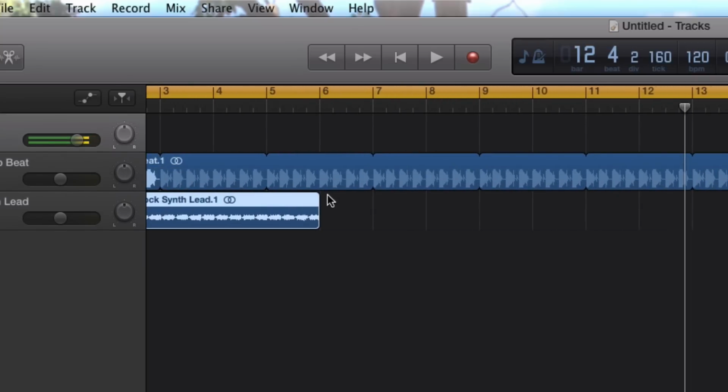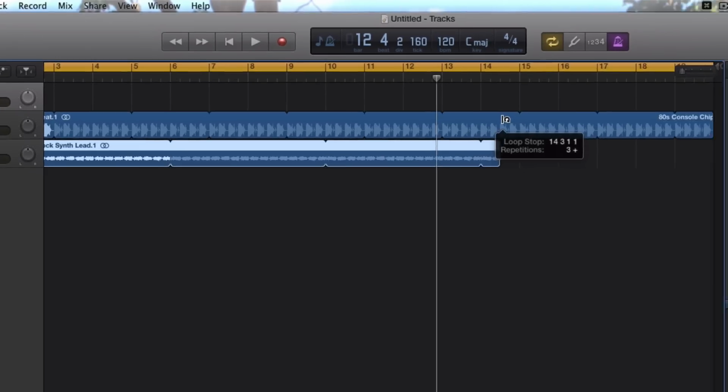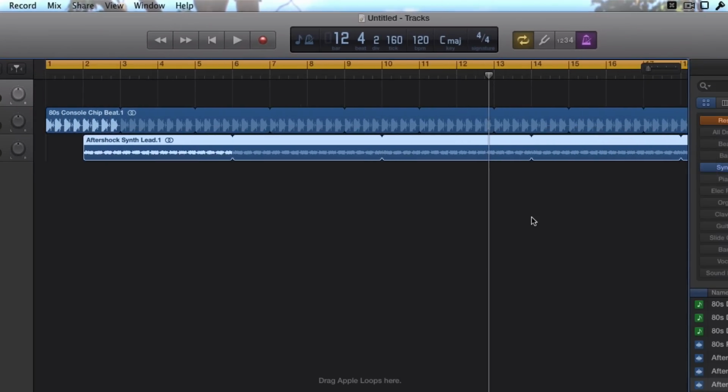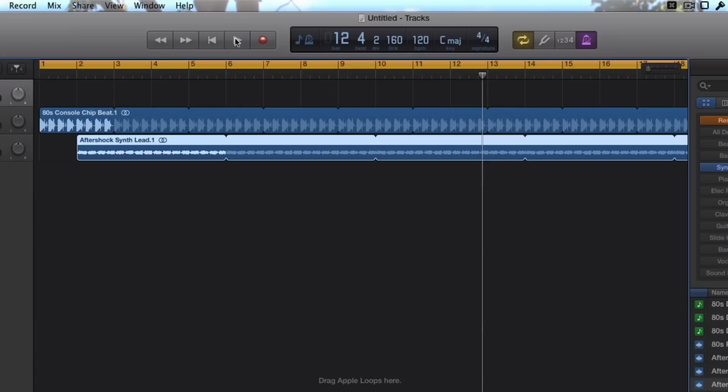And I want that to play roughly the length of the recording. I'll leave another bar out so that it kind of comes in and kind of comes out. Let's go ahead and play that and see how it sounds. I'm going to go up here to the top. Instead of hitting play, I'm actually going to hit the go to the beginning button. That will put my playhead back on the left-hand side. And if I click play,